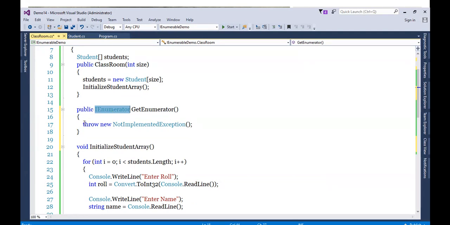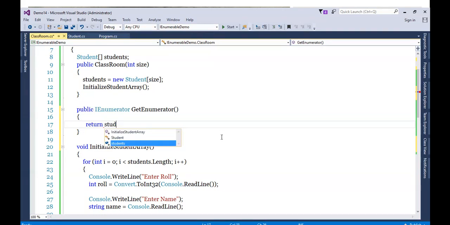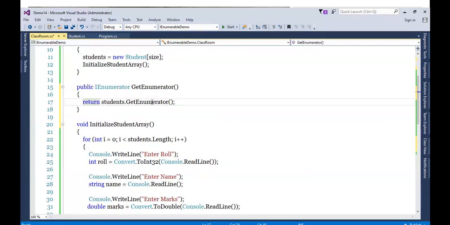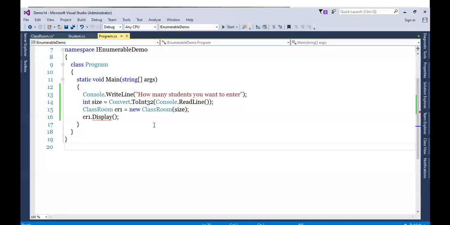So we will call GetEnumerator for our array: return array, the collection name is student, dot GetEnumerator. That's it. And then in the program class I'll be able to do this.